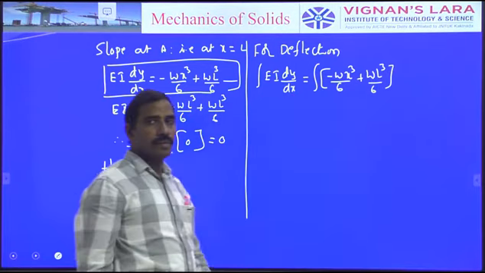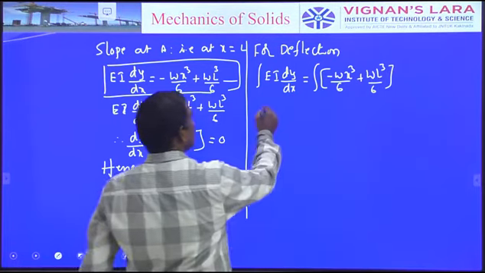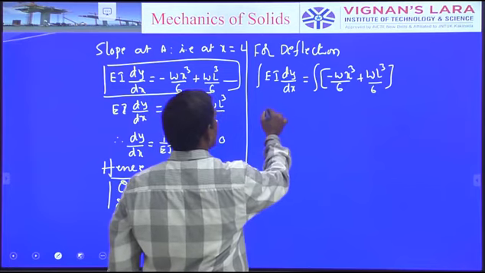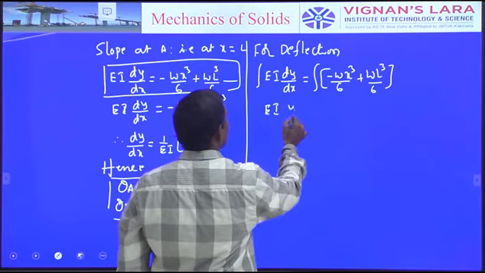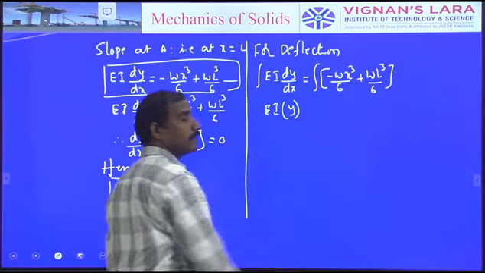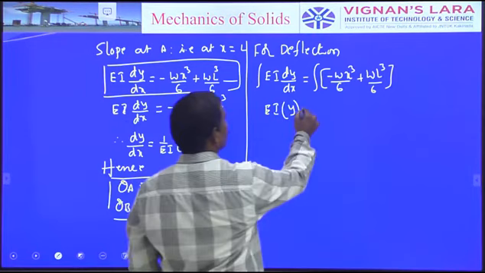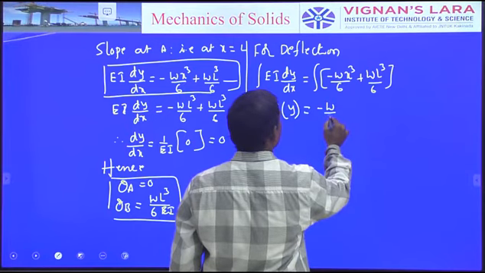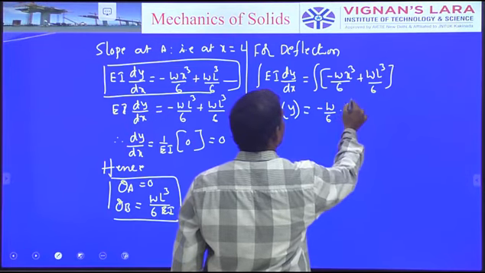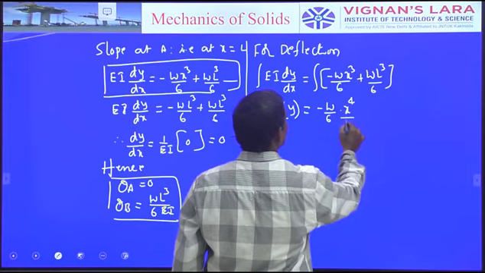After performing the integration, the left side becomes EI into y, which is equal to minus w by 6 into x power 4 by 4